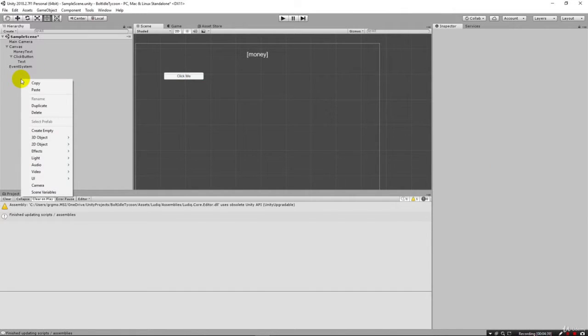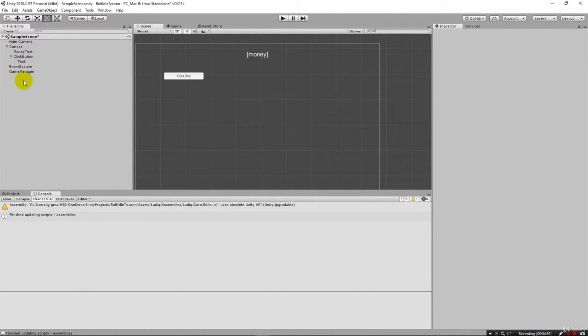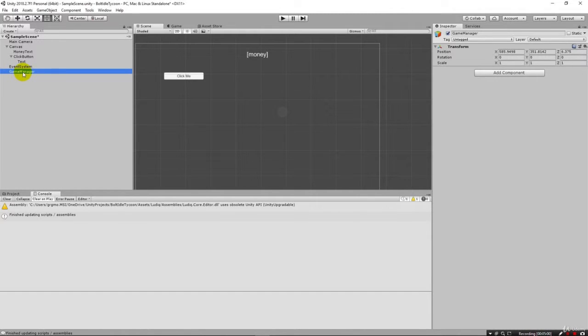I'm going to right click here and make a game object. So right here I've made an empty game object, and I'm just going to call this game manager. And so this is going to hold our core variables and the things that we really need to manage the game, and any main processes and states that we need to manage. So game manager is going to maintain our money,